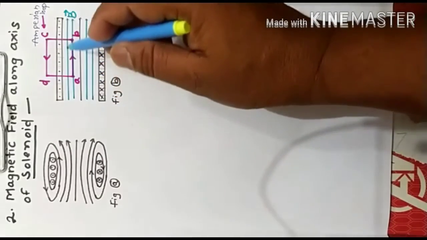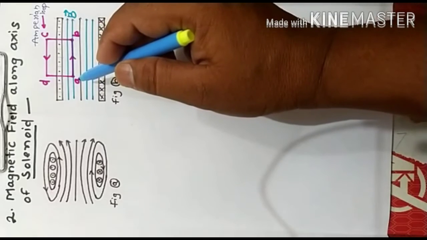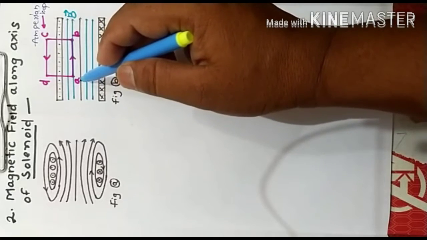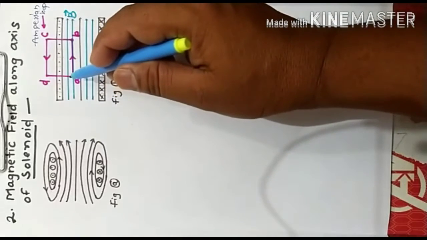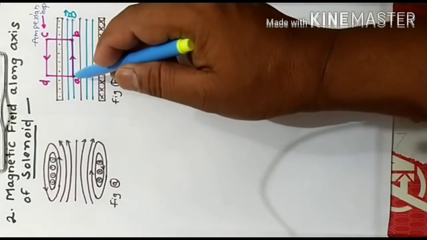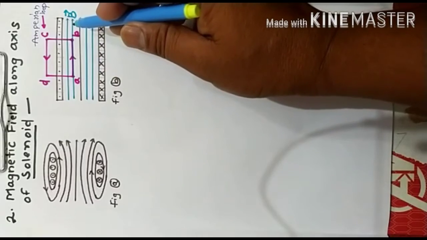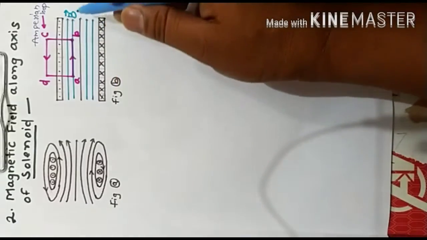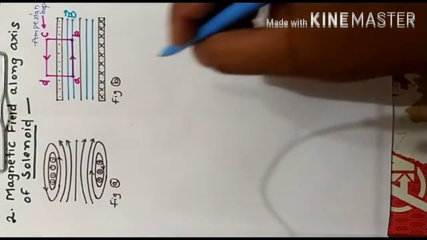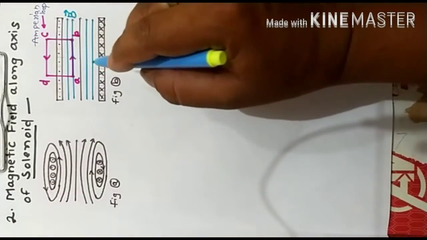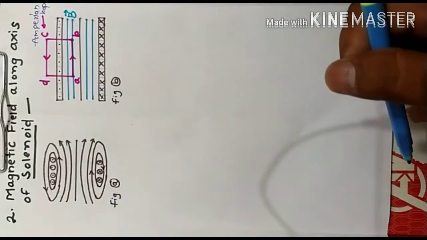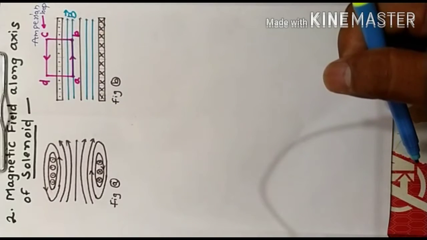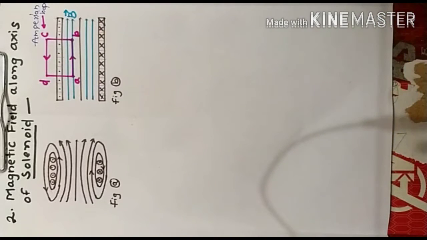The density of the magnetic field lines inside the solenoid and along the axis is uniform, and therefore the magnetic field B within the solenoid is uniform throughout, and that is parallel to the axis of the solenoid. But the magnetic field lines are widely spaced outside of the solenoid, and therefore the magnetic field is weak or maybe zero outside of the solenoid. Let us consider the ideal solenoid.